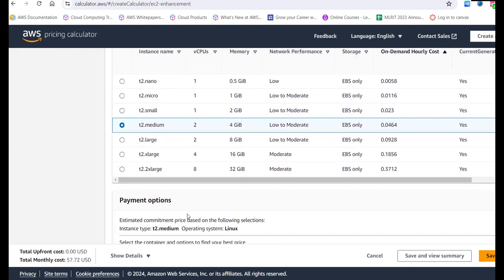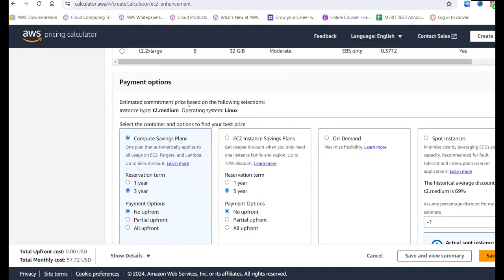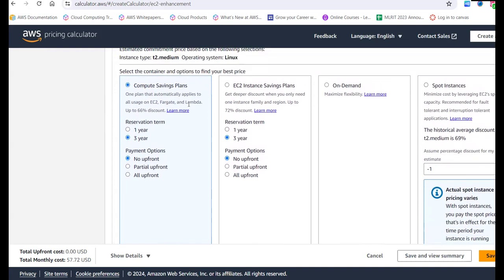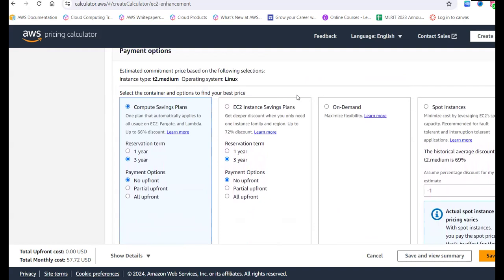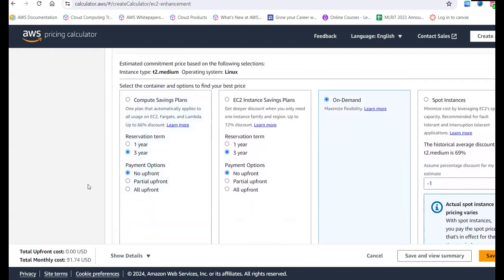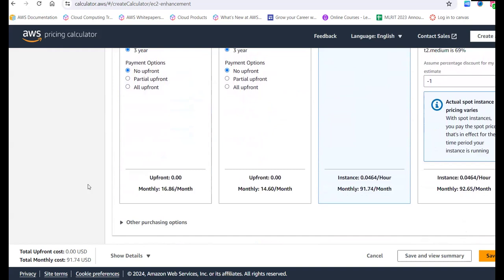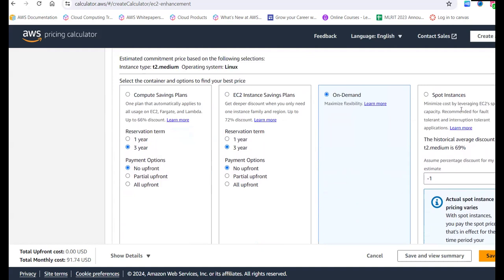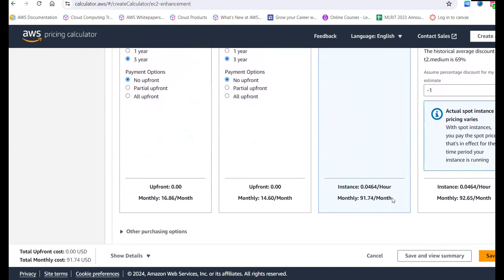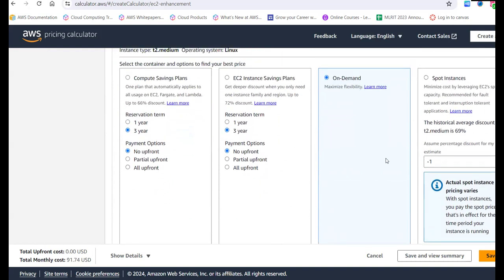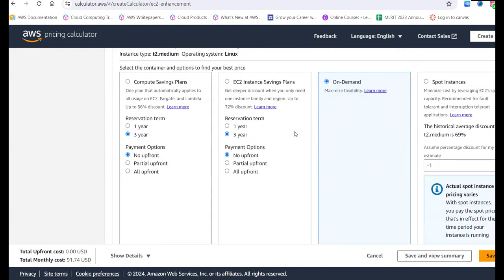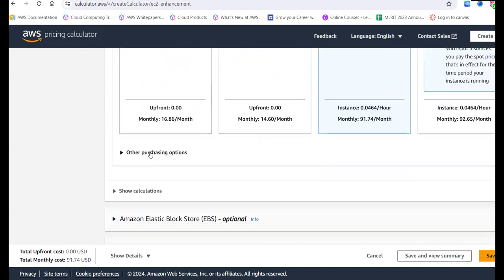Per month. Now the payment options: how am I paying for my EC2 instance? Currently I'm expected to move on with on-demand payment. If you select on-demand, then it will charge you more. If you select on-demand or spot instances, you can see approximately you will be charged more. Whereas if you choose compute savings plans or EC2 instance savings plans, you will be charged less. So currently I want to move on with the on-demand pricing